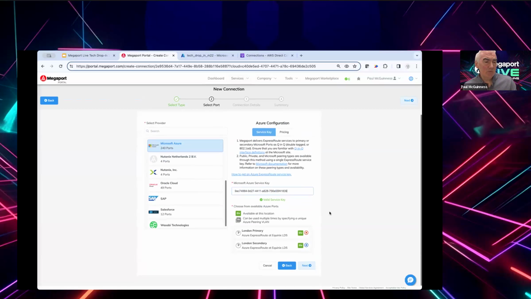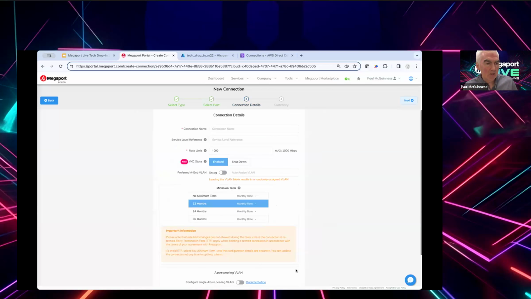Now, what's happened is we've made some API calls to Microsoft to check that the key's valid and that it's not being used. So here we've got a primary and secondary option, and you can see the zone information for the other side of this connection as well. This one happens to be in LD5 because I chose London for the location for the ExpressRoute. If I'd chosen London 2, then it would have landed in Telehouse North. And the reason for that is that those are the locations where Microsoft has decided to place their MSEE routers in London. Okay, so clicking next,